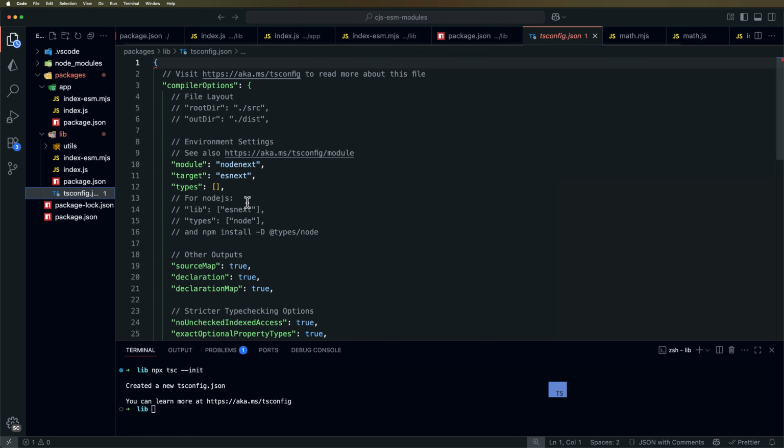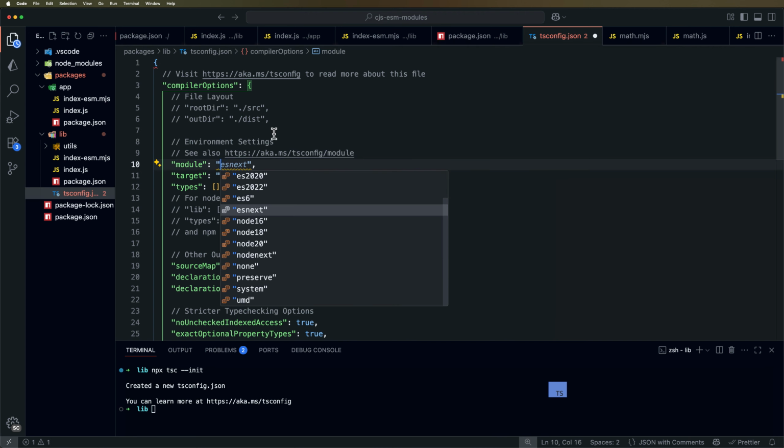Okay, come in here and let's take a look at a few of the options here in the TypeScript configuration file that have to do with modules and whatnot. So this right here is specifying what module code is generated. If we look at the options, we see a bunch of different options that TypeScript will generate for us. We could do CommonJS, could do ESNext,